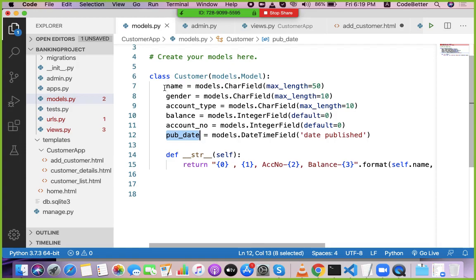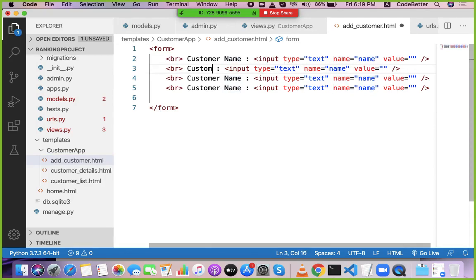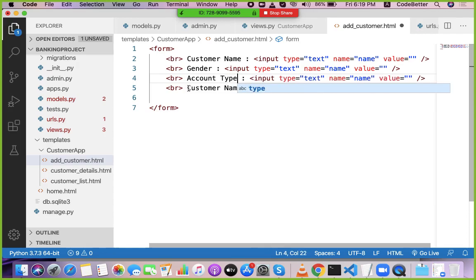So we need 5 things: name, gender, account type, balance, and account number. So customer name, gender, account type, balance, and account number.